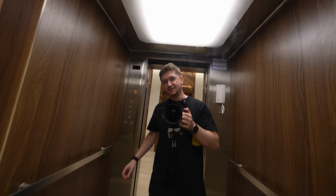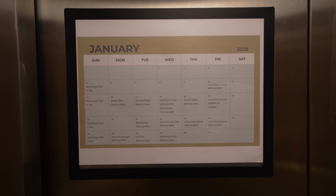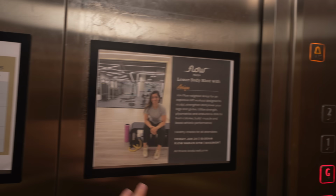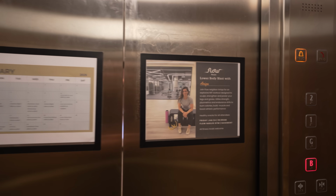Okay, we're going to get the lift this time because I'm being lazy. But as I was saying earlier, this is our event calendar for January. So you can see there's so many activities almost every day. And then a bit of a highlight one, this Friday we have a gym session with Anika. Now with this amazing aesthetic look, it does entice a lot of like influencers and people, but there's a huge range of people that work here. We know people working in aviation, in the motor industry, in events like ourselves, some in finance, and they work